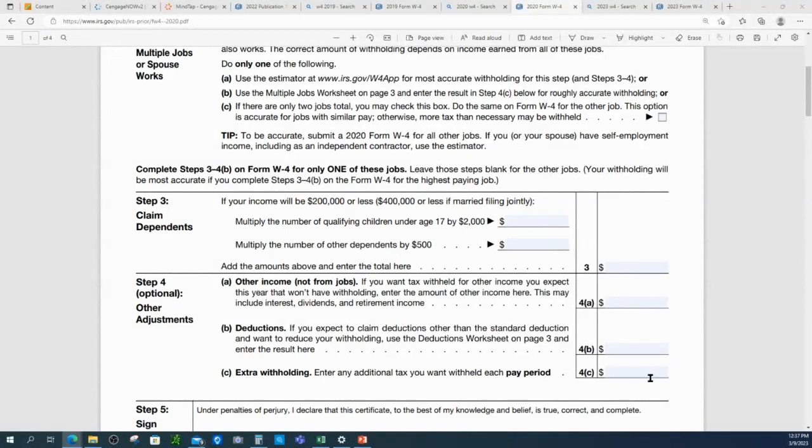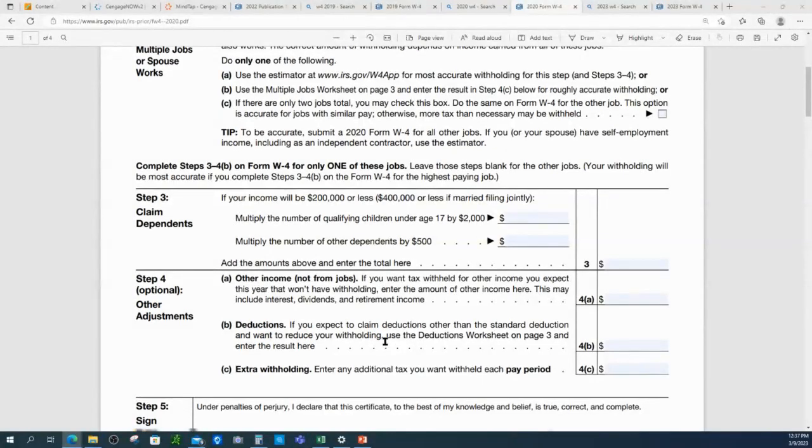Also deductions, so if you're going to itemize your deductions, which again, we're not getting into that because that's income tax, but that would be entered here. And then any additional amount that the employee might want withheld. Now, I will tell you, in our problems, we are not going to use this step 4. There are a couple problems though that do use this step 3, where we have some dependents. Okay, so we'll go through and